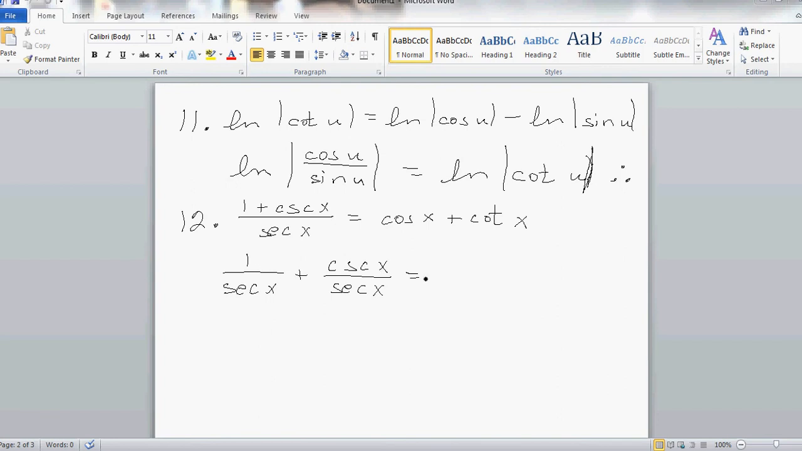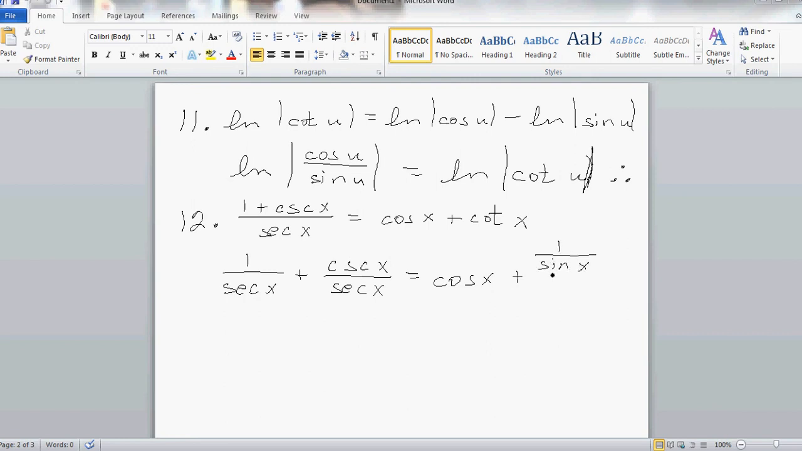Now 1 over secant of x is equal to the cosine of x, so we've got that part. Plus, well, somehow this needs to equal cotangent of x. Well, how can we prove that? We can't just say, oh, it does, so I'm done. Instead, what I have to do is say, okay, cosecant of x I know is 1 over